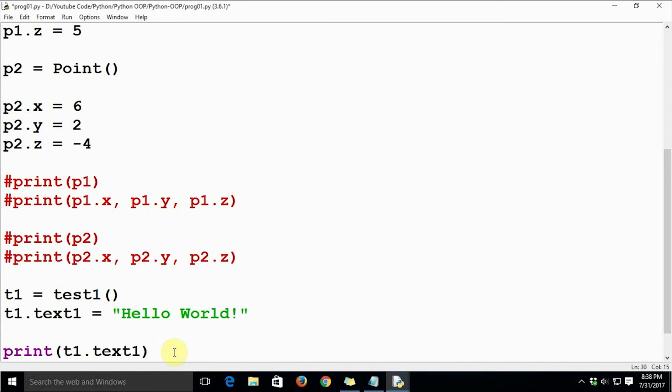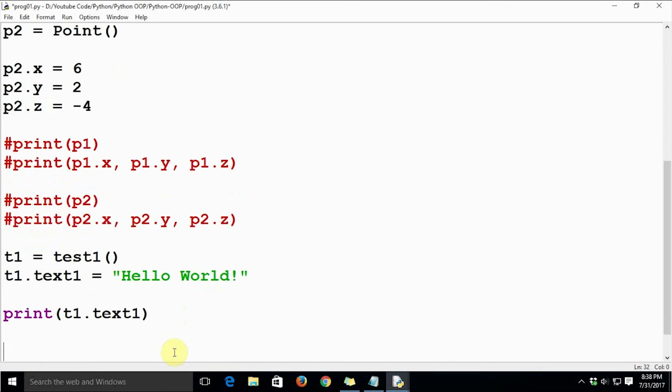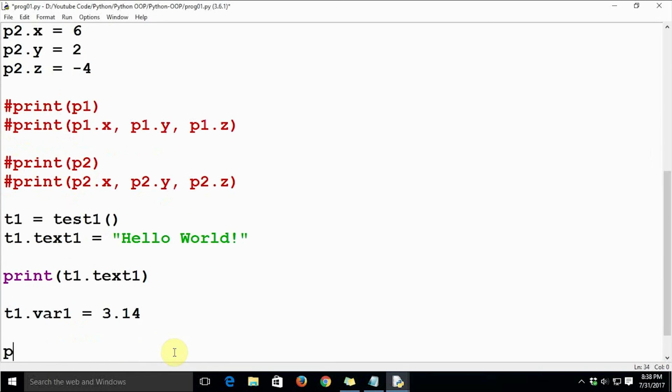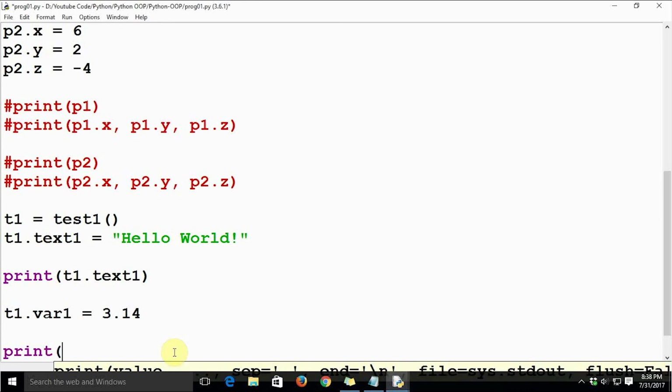Let's have a variable of type float, t1.var1 equal to 3.14, which happens to be the value of pi. Just say print t1.text1, t1.var1.